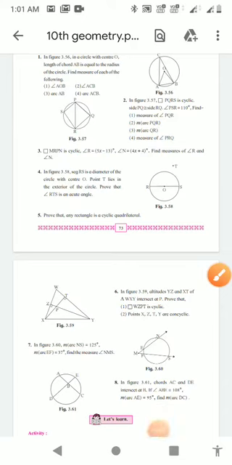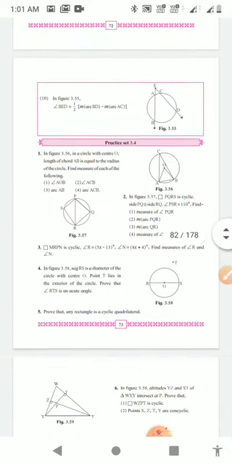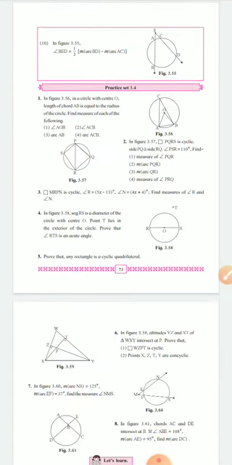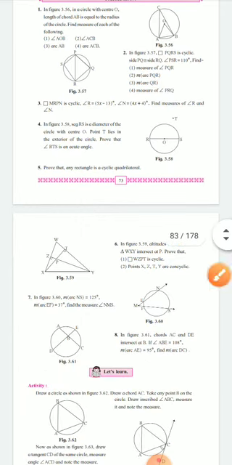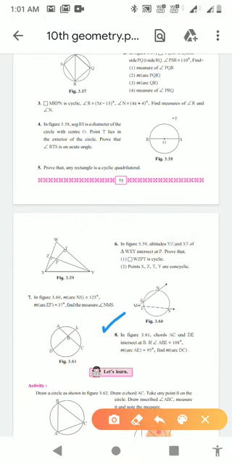Good evening friends. In the last session we started this practice set 3.4 and we have finished almost 7 problems. Only one problem, the last problem from this set, is remaining, and we discussed this question also. I will again discuss this question and we will solve it. This is a very interesting question, as we already told you.